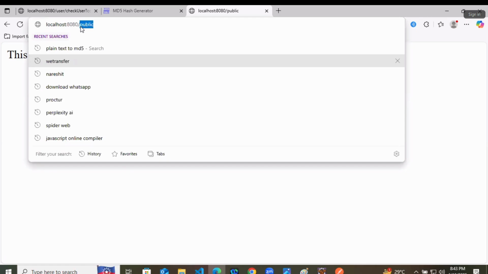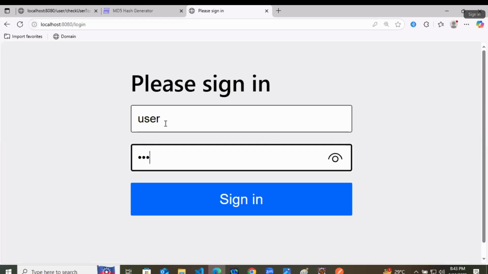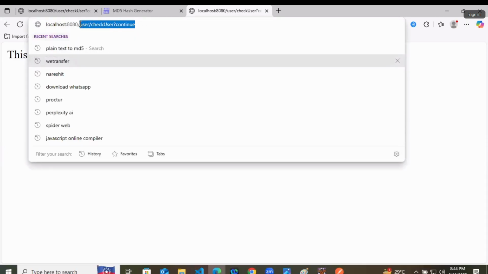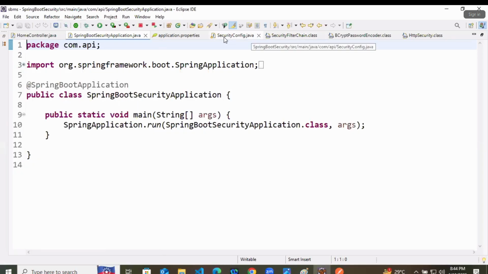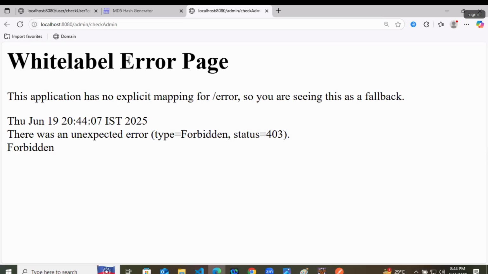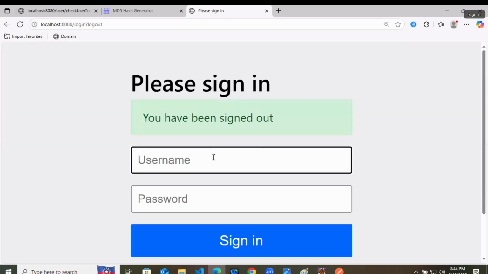Public URL means completely public. If I want to check the user, you have to type the username and password. So we are hitting the users endpoint and we are getting it. Now with the user's account, if I try to check the admin's one, we get an error page, you cannot check. That was the simple problem: it was not getting registered in the app because we were not annotating it with @Bean. Now it is getting done. That is how it works. What I will do is log out and log in again as an admin.